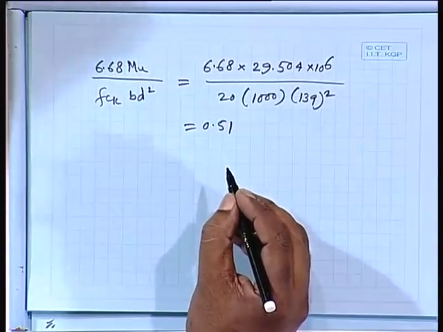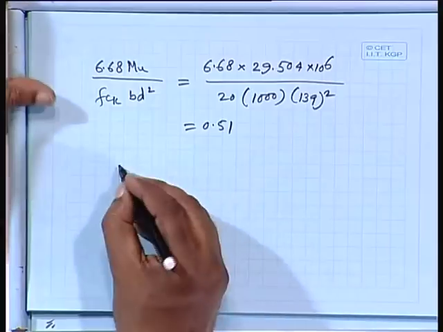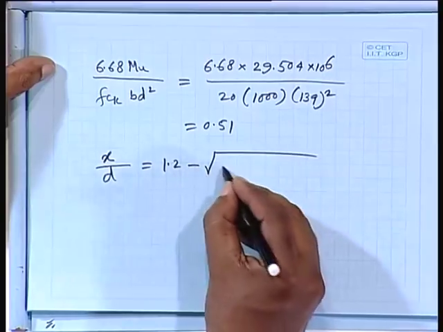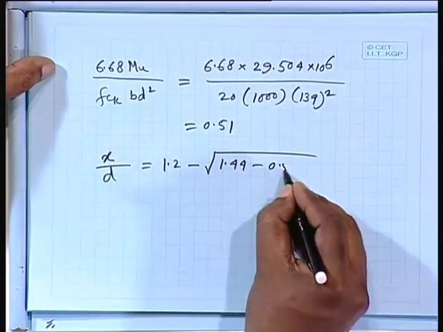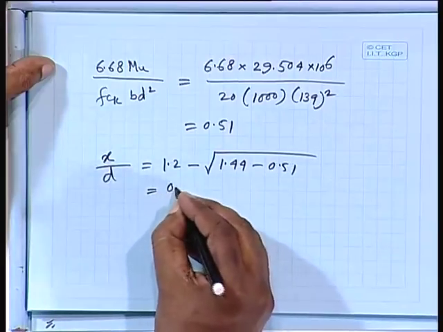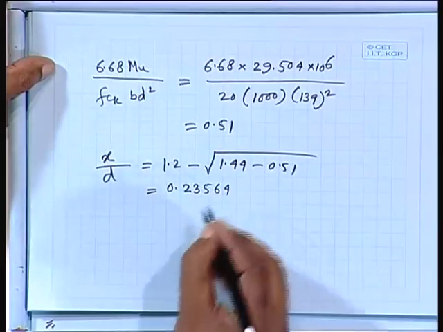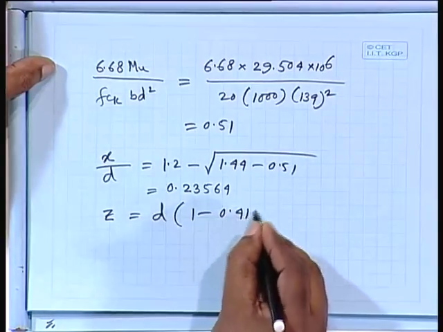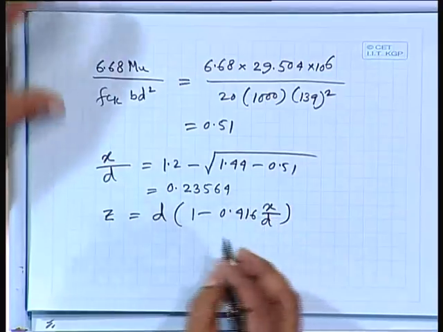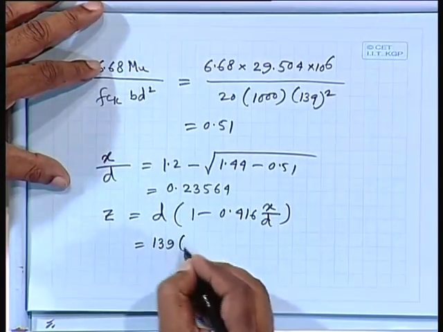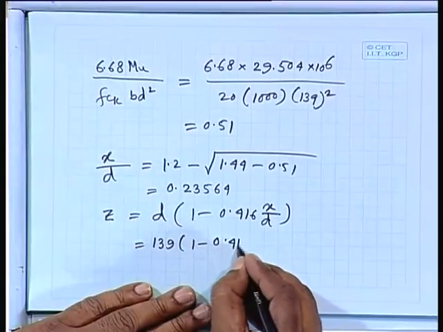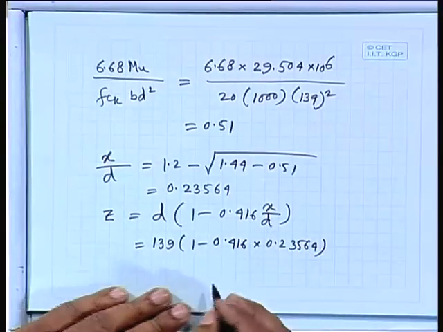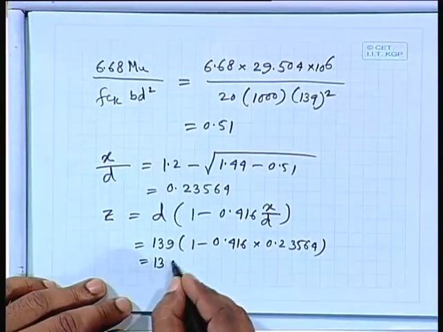So we can take x by d equal to 1.2 minus root over 1.44 minus 0.51, which equals 0.23564. Therefore, z equals d times (1 minus 0.416 x by d) equals 139 times (1 minus 0.416 times 0.23564) equals 139 times